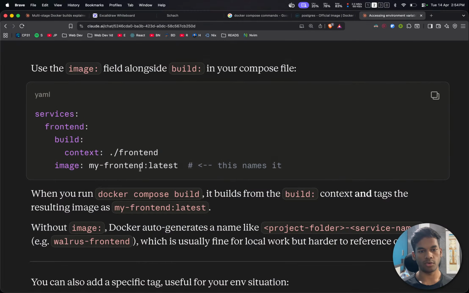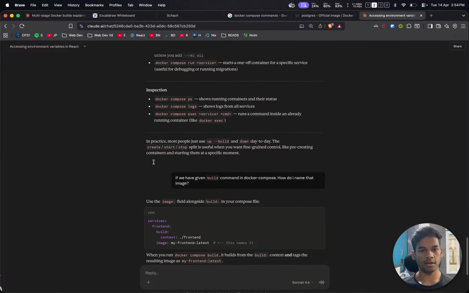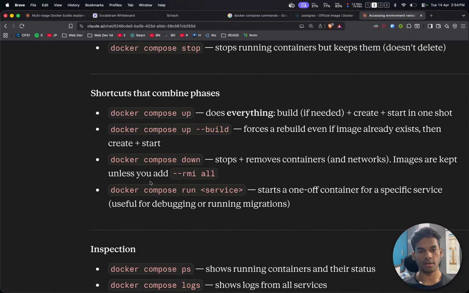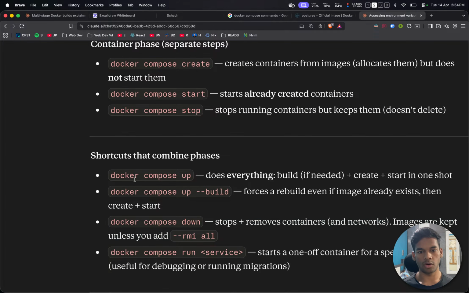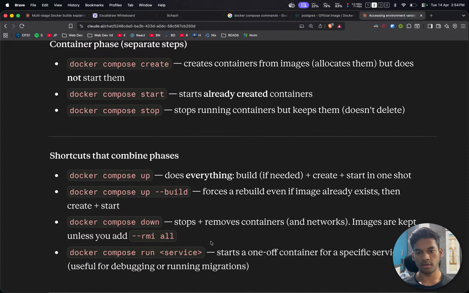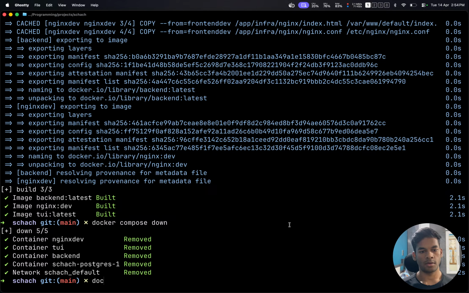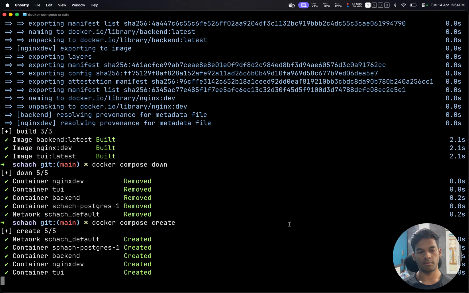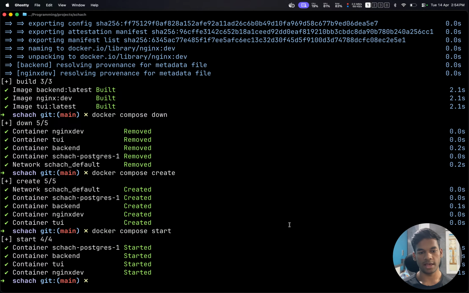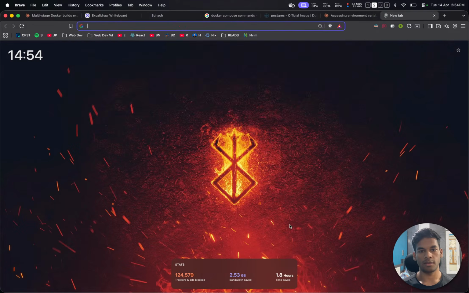Docker compose. How do we remove the containers? What was the command? Docker compose down, stop, and docker compose. We did build. We have the images. We need to create the containers. Docker compose start the containers. Okay, and if we go to